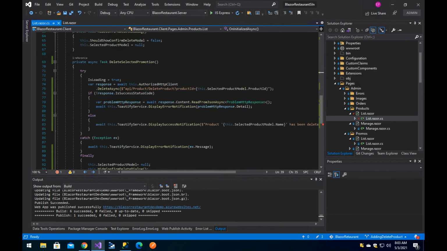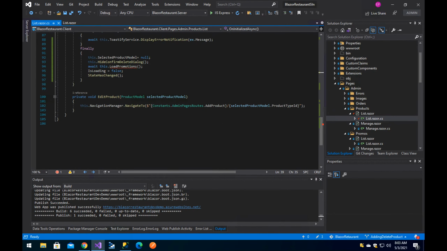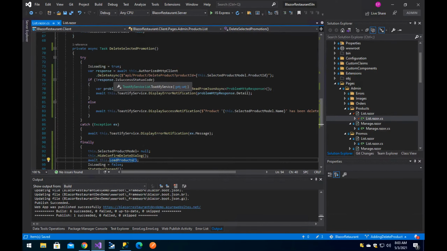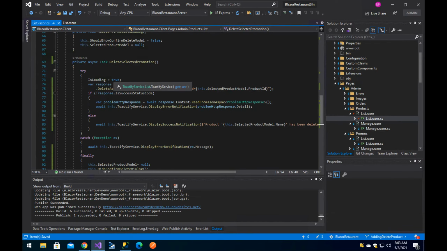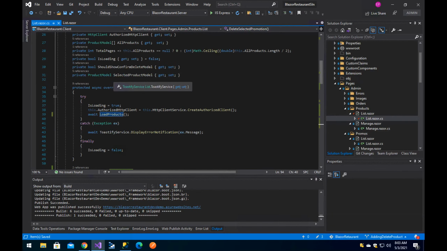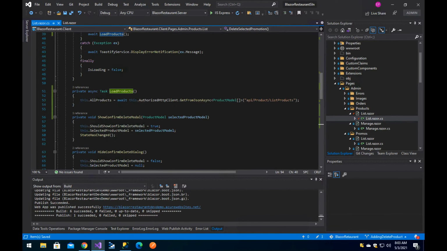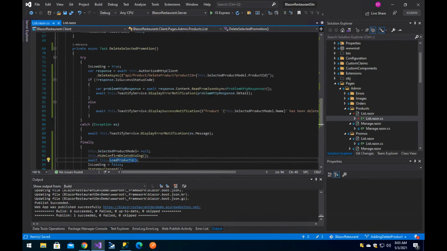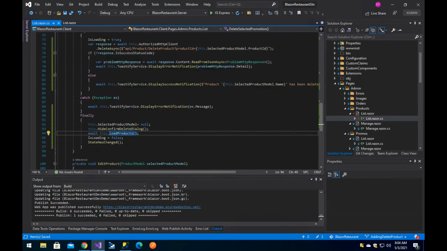Okay, so here we are going to do load products. Okay, and that should be it. Let's verify. Yes, that should be it. Now API product, delete product. Okay,